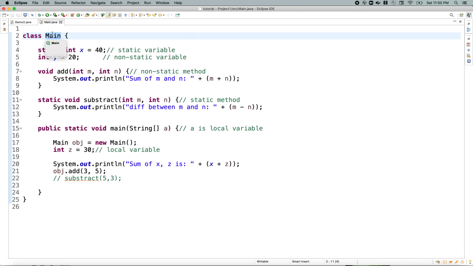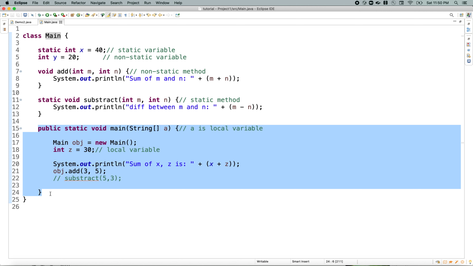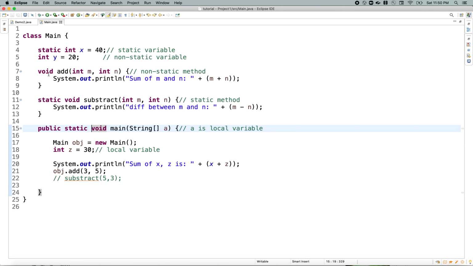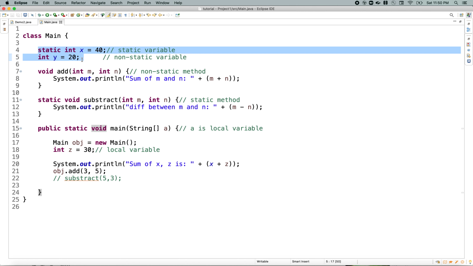If you see here, I have defined a class main, and inside the class main there is a main method. Also, we have a static variable defined at the class level and a non-static variable. So these two are class level variables.